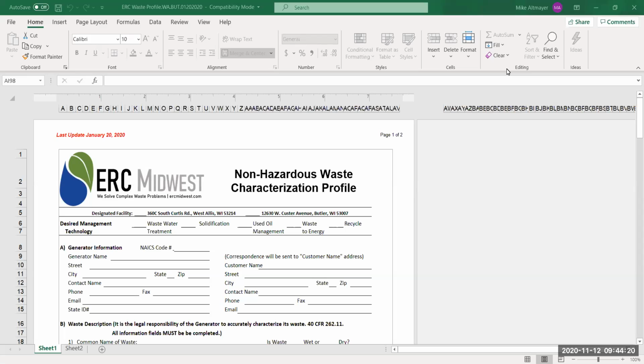So looking at our profile, it's 2 pages long. Really, the first page is the most time consuming and asks the most questions. Page 2 is pretty simple. But what you need to know before you start filling this out is that with any waste stream, you're going to need to know some pretty specific information about it. That information is going to come from either a sample that was taken and analyzed by a laboratory, generator knowledge,